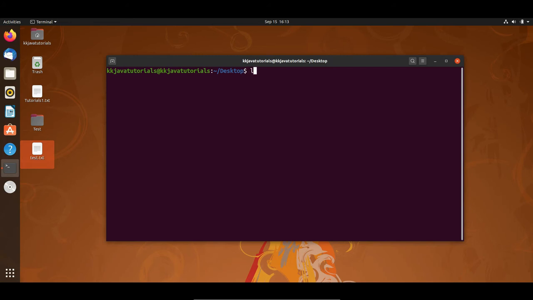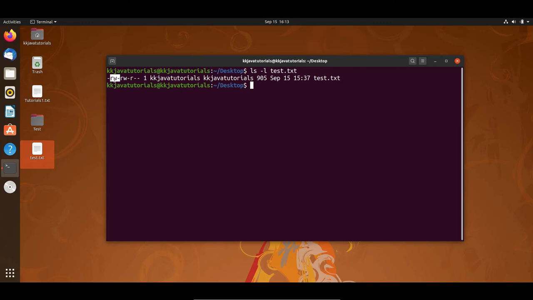So here at this time I'm going to list only the details for test.txt. I will write ls -l, and after that specify the file name, so that this will list out the details for this file only. Now here you can see this first minus sign represents the type of file, meaning this is a text file, right? Now the user or owner has read and write permission only.